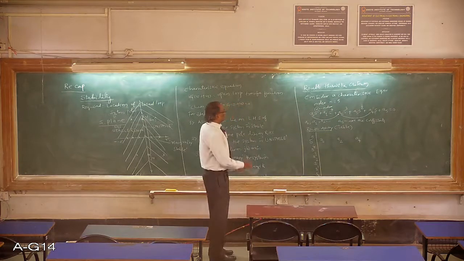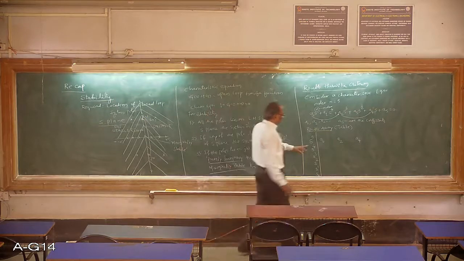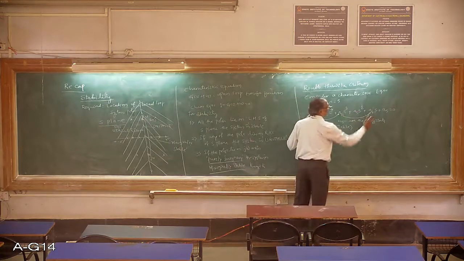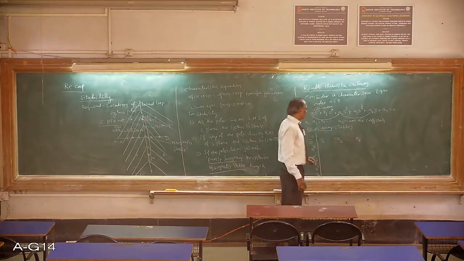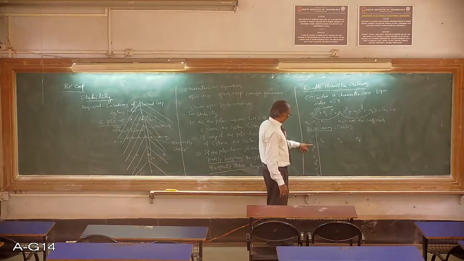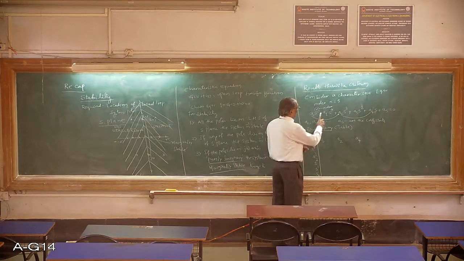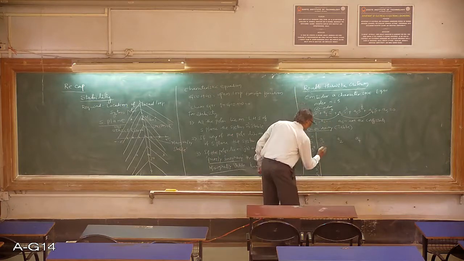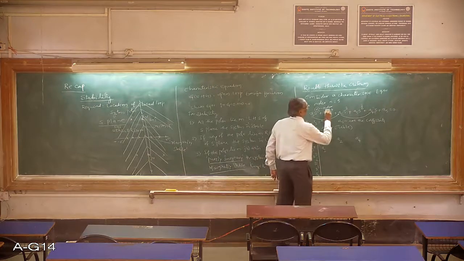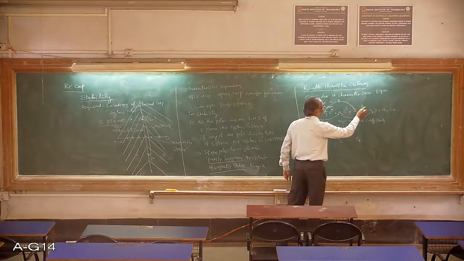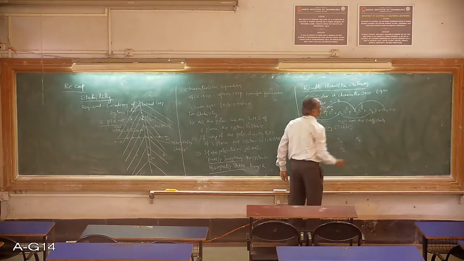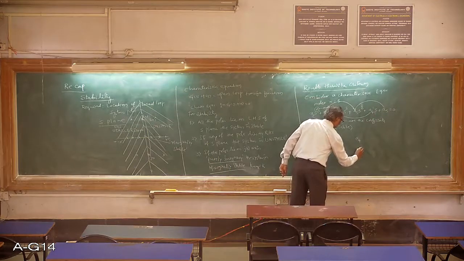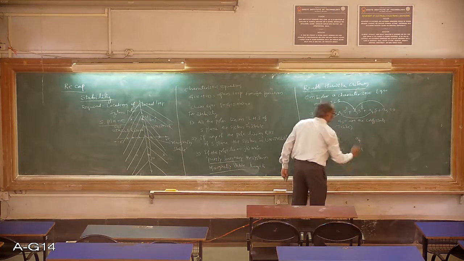Now, for the next row, the first row is completed. Write the alternate coefficients of the terms S raised to 5, S raised to 3, S raised to 1. Now next, we have the S raised to 4 row. In that case, the S raised to 4 coefficient is A1. Now write the next even powers. S raised to 4 is even, then S squared, and the next term will be A3. The next one will be S raised to 0, so it will be A5.